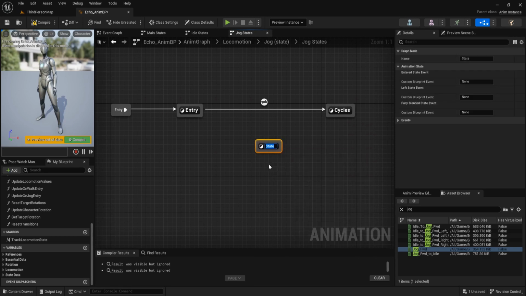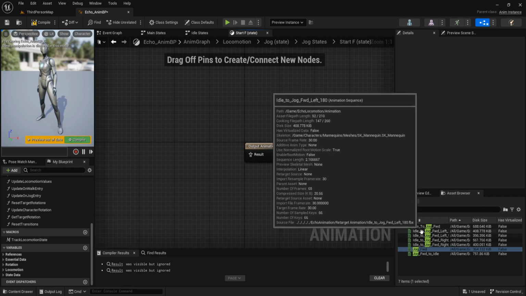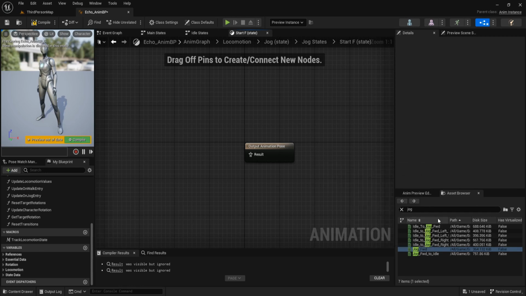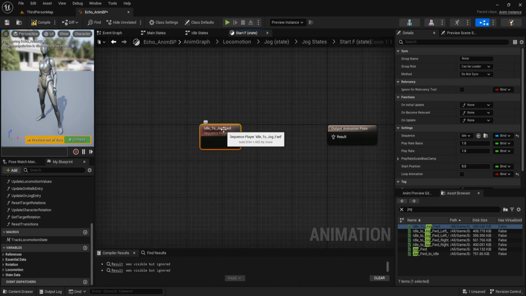Then add state. The state name is start F. Make it to start F. Open this state. Use idle to jog forward. And the group name is locomotion.